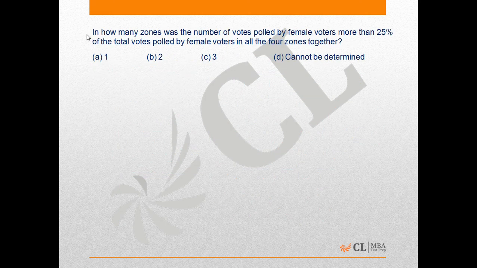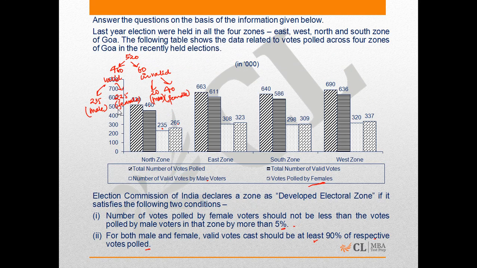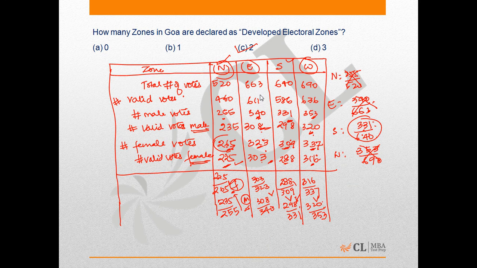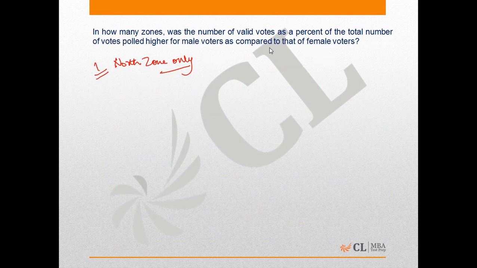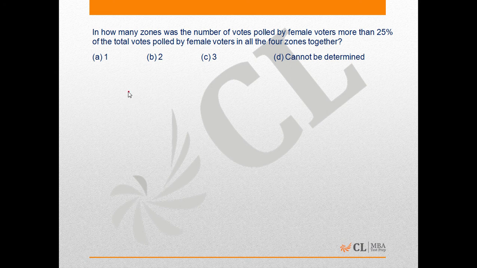Let's look at question number 50. In how many zones was the number of votes polled by female voters more than 25% of the total votes polled by female voters in all the 4 zones together? So let's calculate the total number of female voters that we have. We need to add all of these 4 values, and remember these 4 values are given in thousands. So let's add. The value comes out to be 265 plus 323 plus 309 plus 337. These all are in thousands. This gives us